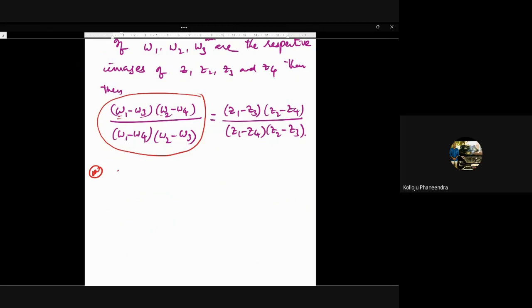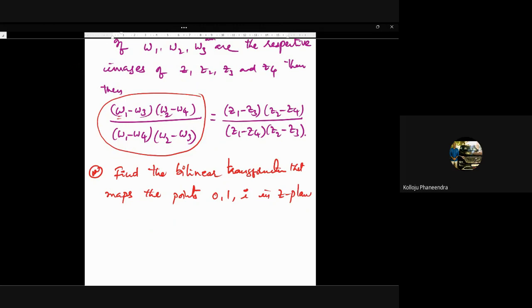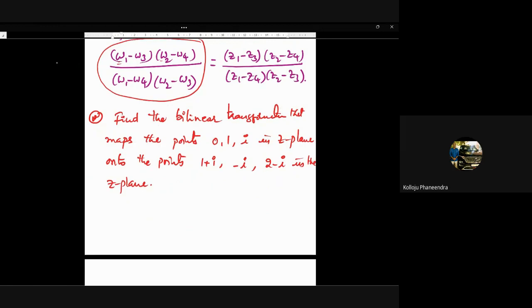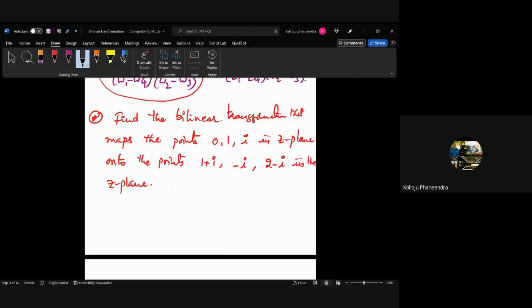First question: find the bilinear transformation that maps the points 0, 1, i in the Z plane onto the points 1 plus i, minus i, 2 minus i in the W plane. Then the solution is